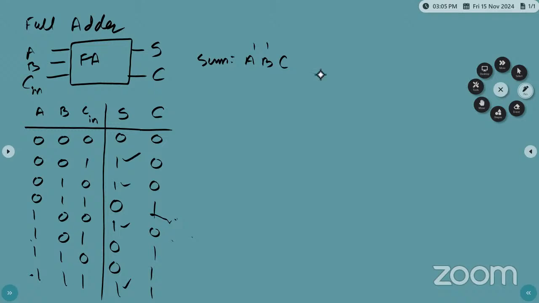Okay, now plus. What is the next input combination? We are getting the output is 1 under sum. Next, A bar, B, C bar plus. Next one, A, B bar, C bar plus A, B, C. How many product terms are there? This is called the product and this is the sum. Now the complete expression can be called as